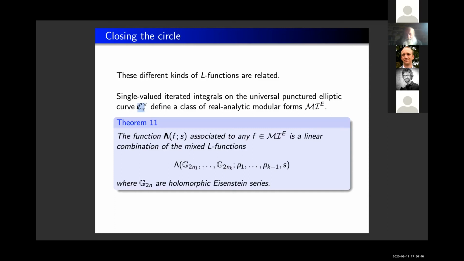So we take, in mathematicians' parlance, the pro-unipotent completion of the universal elliptic curve, punctured, and look at its single valued periods. So those are numbers, because we've integrated around a loop on the curve, if you like. Now, if we vary the parameter of the elliptic curve, we're going to get functions on the upper half plane. And those are precisely a very special class of real analytic modular forms that I call MIE,